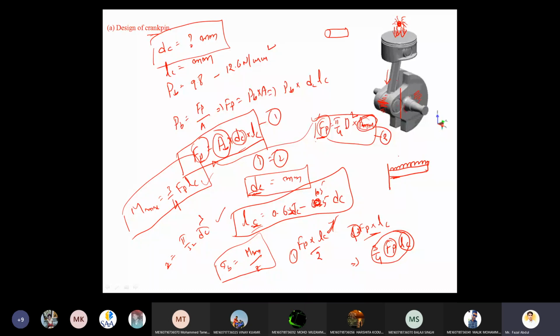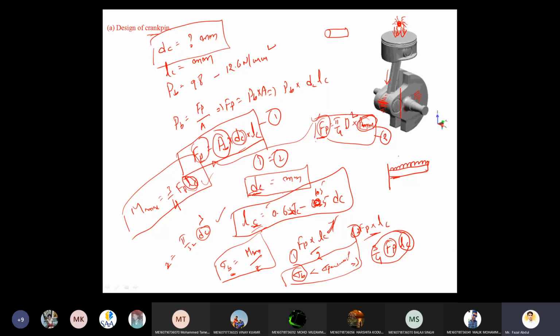So DC we assumed a value, and based on that assumption we got the LC value. Based on these assumptions, we are calculating the sigma B. Now after calculating the sigma B, if our calculated sigma B is less than the permissible value, then whatever DC and LC proportions we proposed previously are under safe limits. If we are exceeding this permissible value,